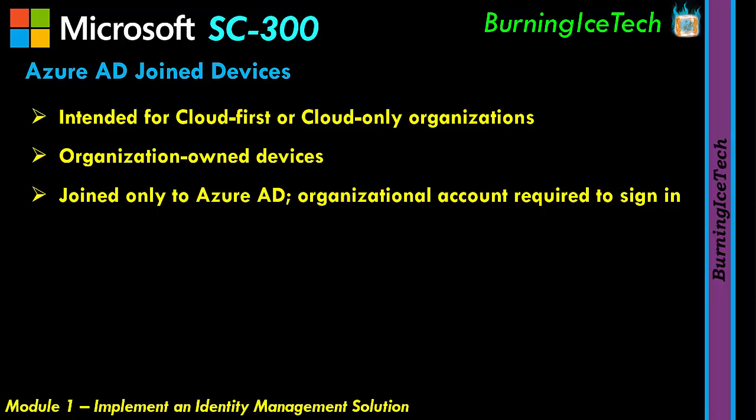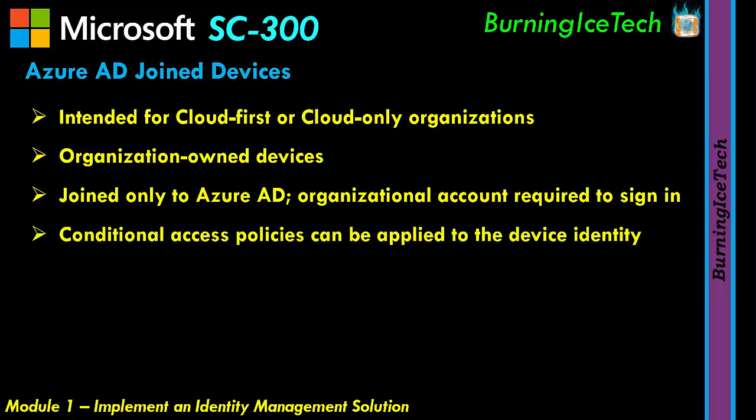They do mention in the course, this is what the course says, that conditional access policies can be applied to the device identity. Yes, but generally that only works for company-owned devices, because only company-owned devices would normally be joined to the company's Azure Active Directory. But more recently I've seen companies doing it more commonly where they allow people to join their personal device to the Azure Active Directory, since so many people are working from home nowadays. And as soon as they join that personal device to the Azure Active Directory, it's automatically enrolled into Intune, which means you can now apply these conditional access policies, DLP policies, compliance policies, and